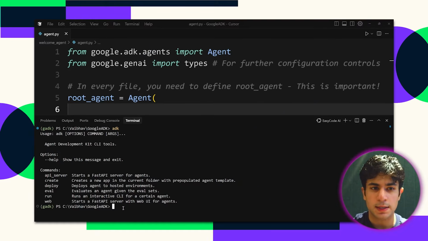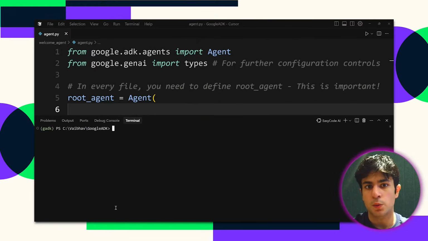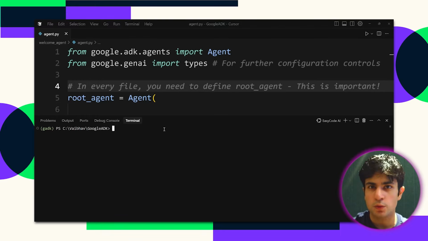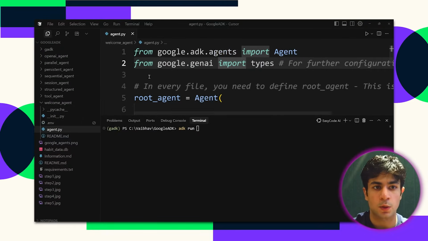Now, you can see there's a little bit of information as to what ADK is. There is API server, create, and so on. The two main things we'll be looking at in this tutorial will be run and web. So let's get started with running it in the command line interface or in your terminal. So how do you run this in your terminal or your command line interface? Well, you write the ADK, run, and then you need to specify something, and that is the name of the folder. So the name of the folder here was welcome agent. So I need to type welcome agent. And if I run that,